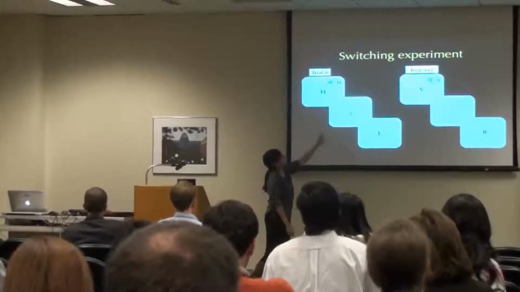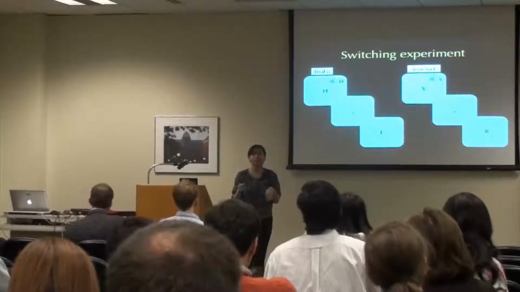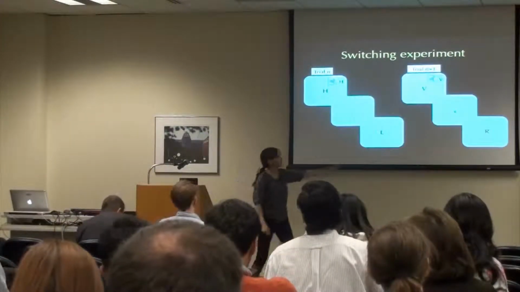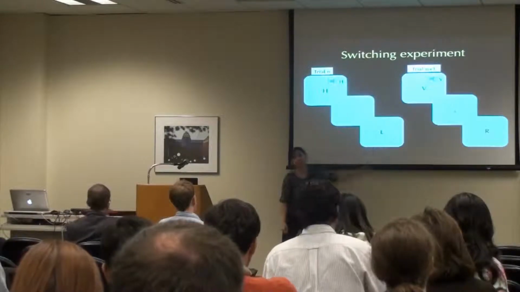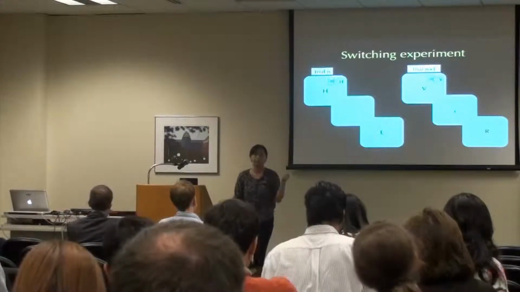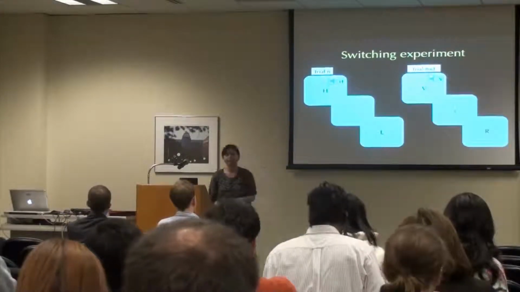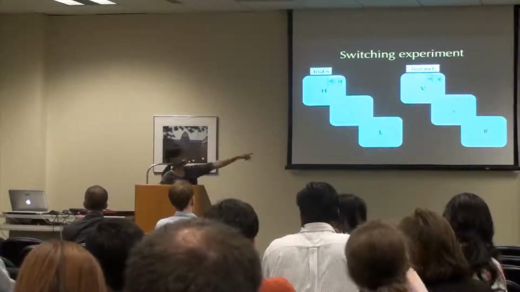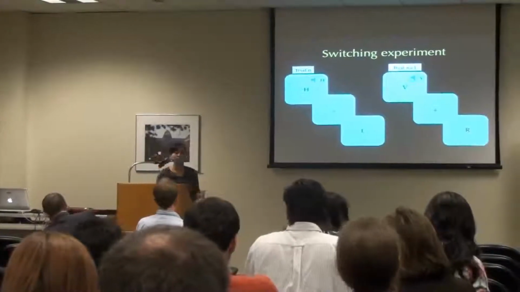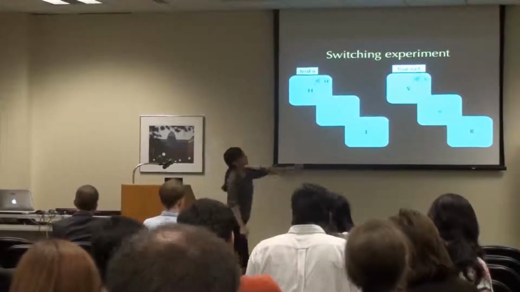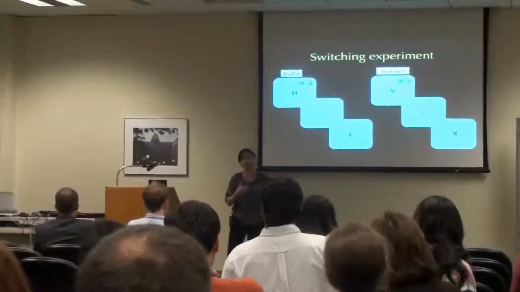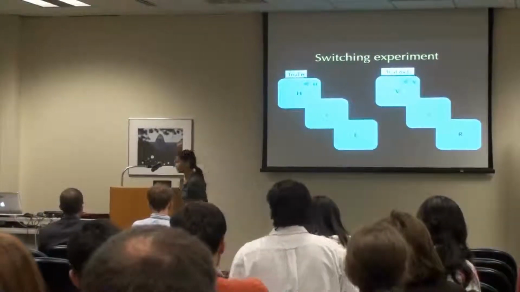So in this trial right here, they're given an H. That means they have to respond with their hand. So if they see an L, which stands for left, they have to respond by pressing a button with their left hand. Now in this next trial, they receive a V as a cue. And at the end of the trial, they receive an R, so they have to respond right. And because V is the cue, they have to respond verbally or using their voice.